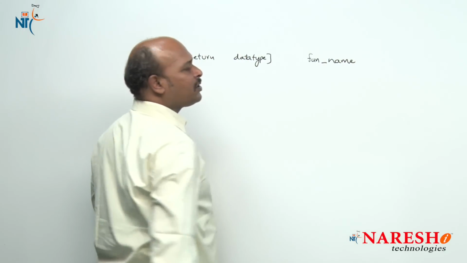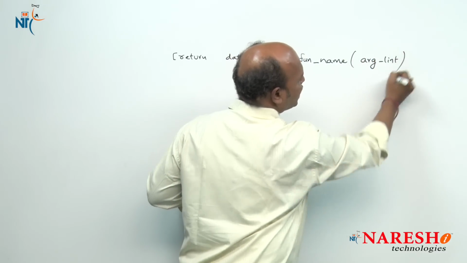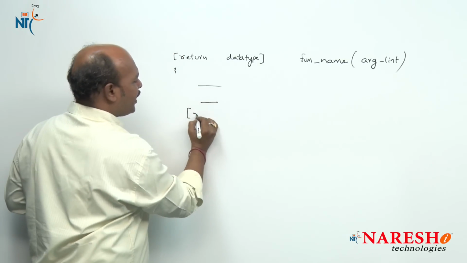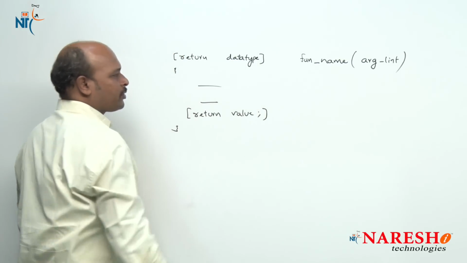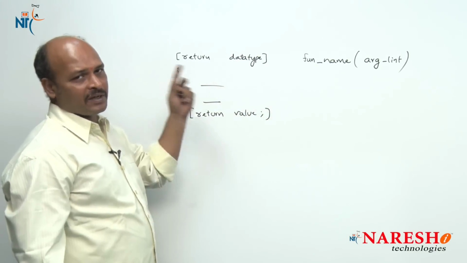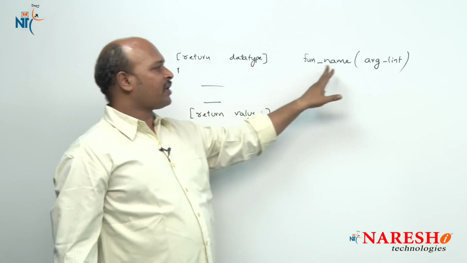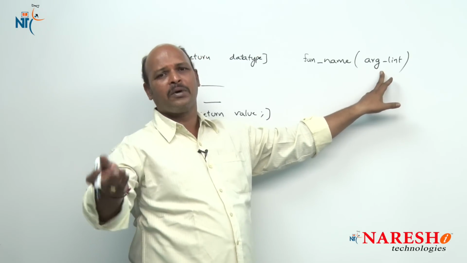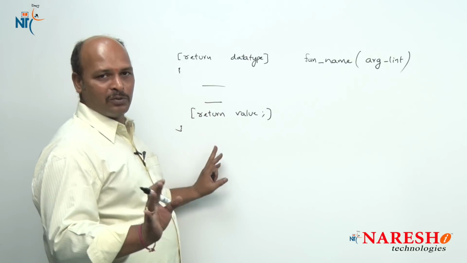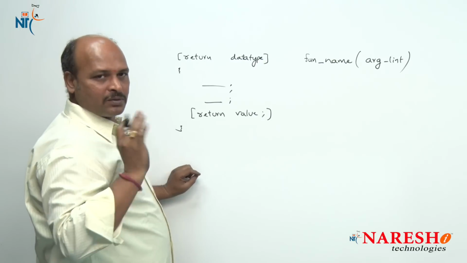Generally we use the function name, and in brackets the argument list. Then here are the body and return value. Now the body is closed. That is the general syntax of a function definition: return data type, which can be integer, void, float, or character, then the function name, and the arguments if available, otherwise none. Next the function body and return value. Okay, it is the normal syntax for a function.